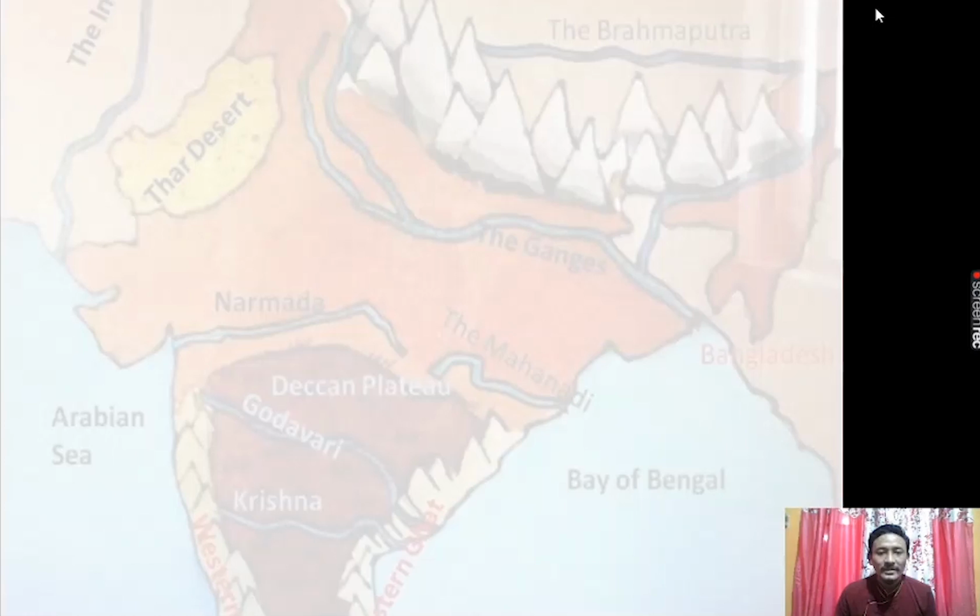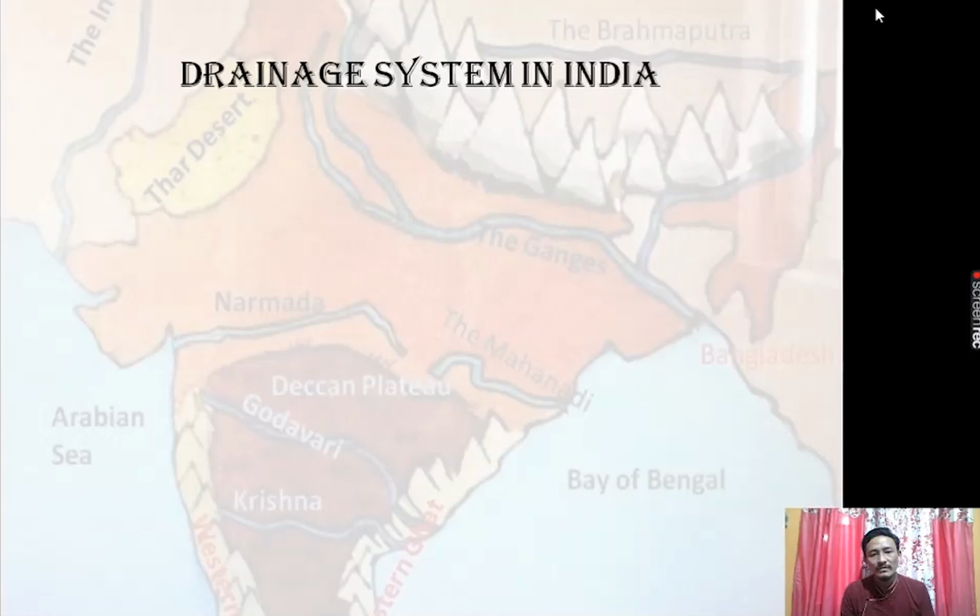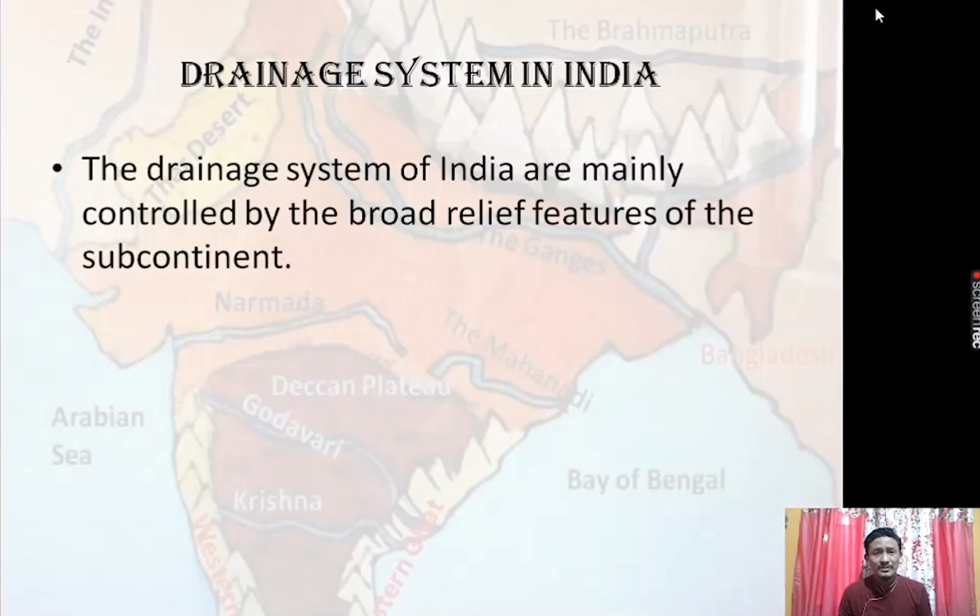All right. So after this, we have the drainage system in India. As we have already seen in the previous slides, there are certain drainage patterns that form in a particular location or geographical area. So in the case of India, the drainage system is mainly controlled by broad relief features